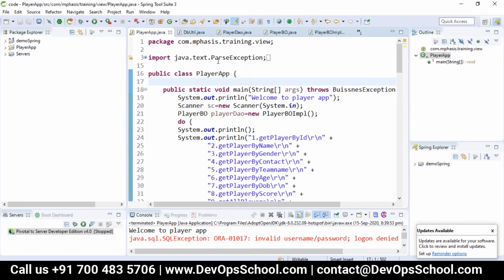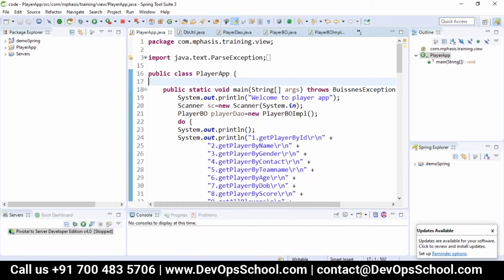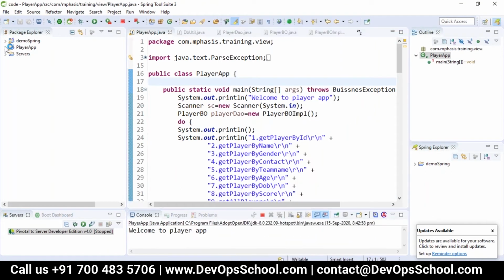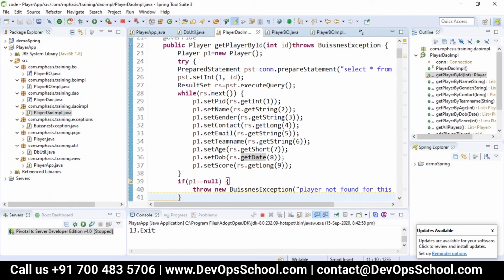It's one simple Java standalone application with multiple layers. We have a BO implementation, where the business logic is written, and a DAO, which I used for some other training, so that's why the package name is different. Then the DAO implementation, which gives the JDBC code.